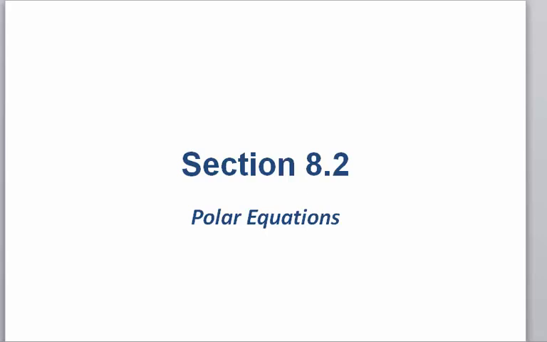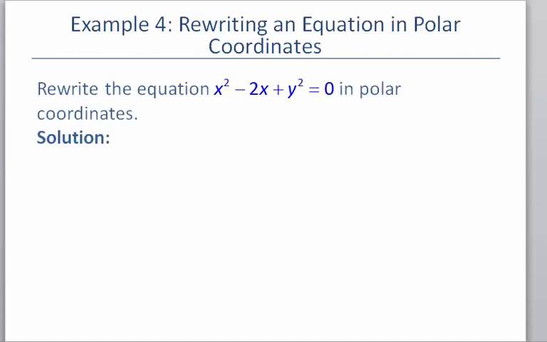We'll now continue section 8.2, and we're going to start discussing polar equations. So we're going to begin with an example. Our example asks us to rewrite the equation x squared minus 2x plus y squared is equal to 0 in polar coordinates. Because the equation has x's and y's in it, we know that the equation is currently in rectangular form. We need to change it into polar form, meaning that we need an equation that has r's and thetas